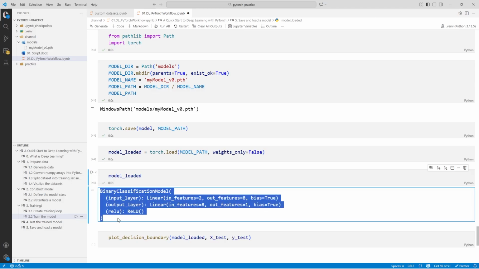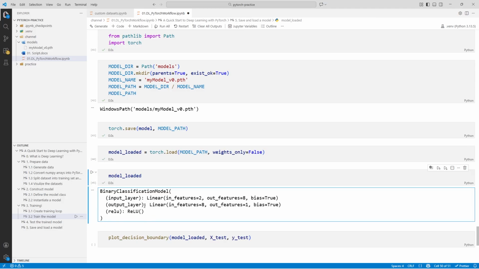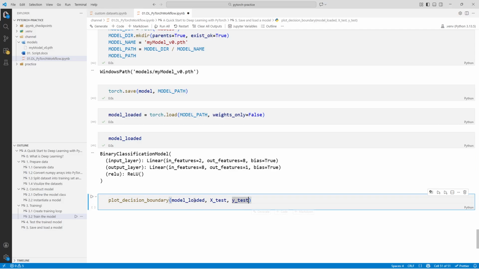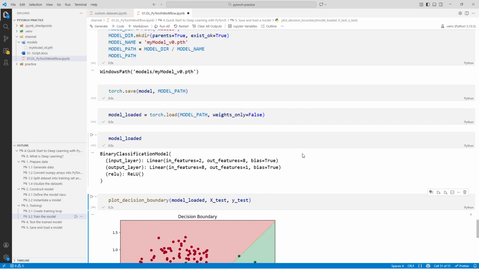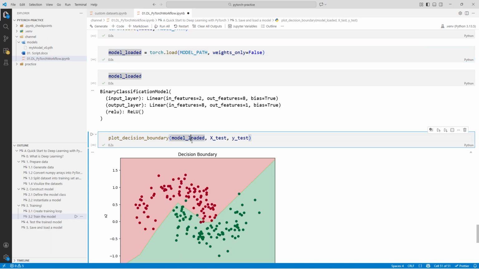Wow, it's the same as what we trained before, and we use it to make predictions. Oh, it looks good. And we do not train it again. We just directly load the saved model and directly use it.